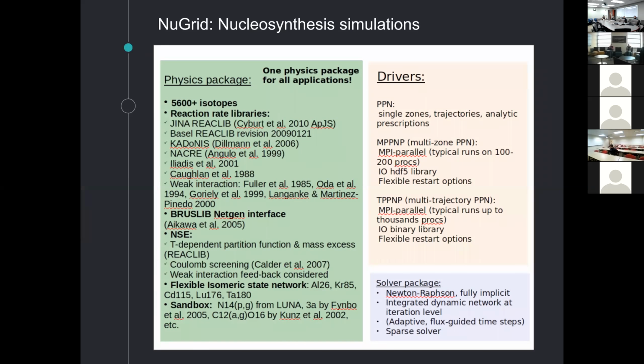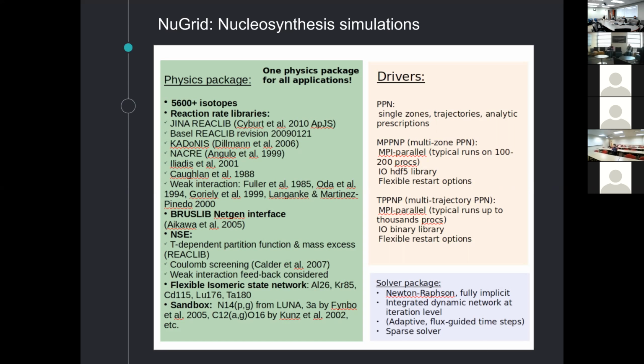So if you have, for instance, a trajectory that you're very interested in that is representative of a particular burning regime in, for instance, a type 1a supernova, if you find that you can take a trajectory out and it would be representative of a larger number of trajectories, you could use PPN to produce sensitivity studies or similar in that respect. The MPPNP multi-zone post-processing network is a parallel network, and it includes mixing,